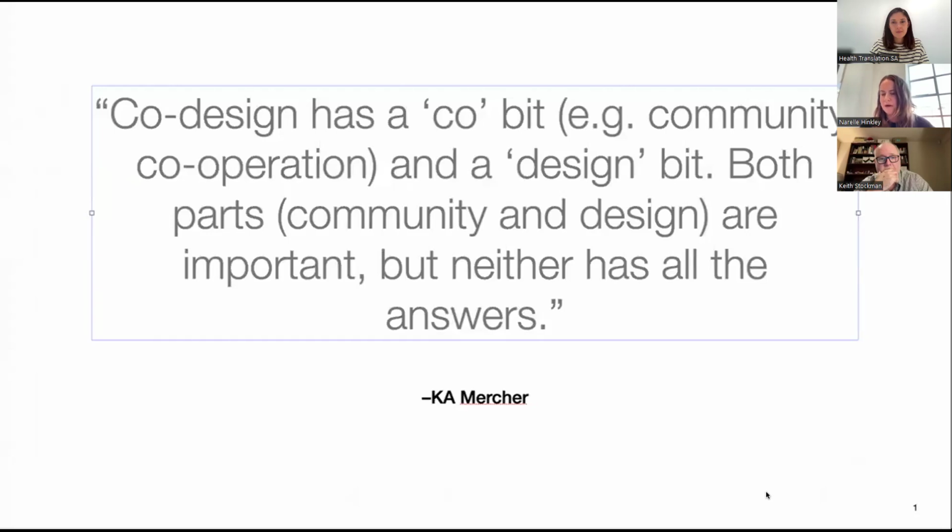So there are multiple definitions and interpretations of co-design. But to me, co-design is really about bringing multiple perspectives together, whether that's lived experience, professional experience, etc., to solve a common problem or challenge. And it's about elevating the opinion of the primary beneficiary of the service or the product or the solution. And I think co-design really is about involving as many perspectives as appropriate or as possible